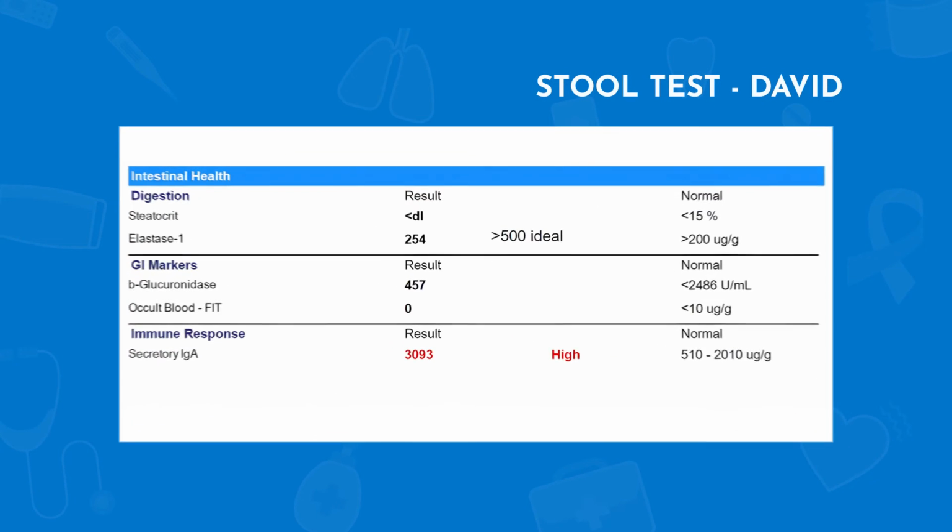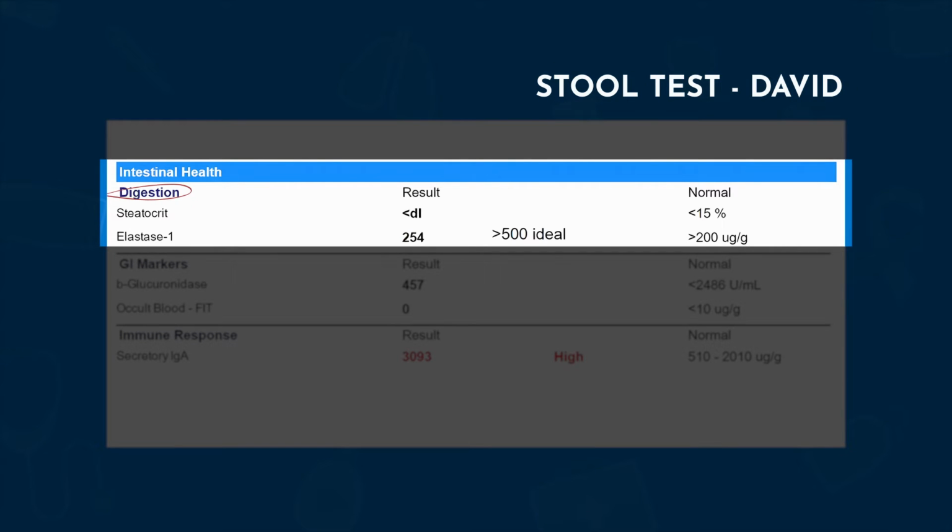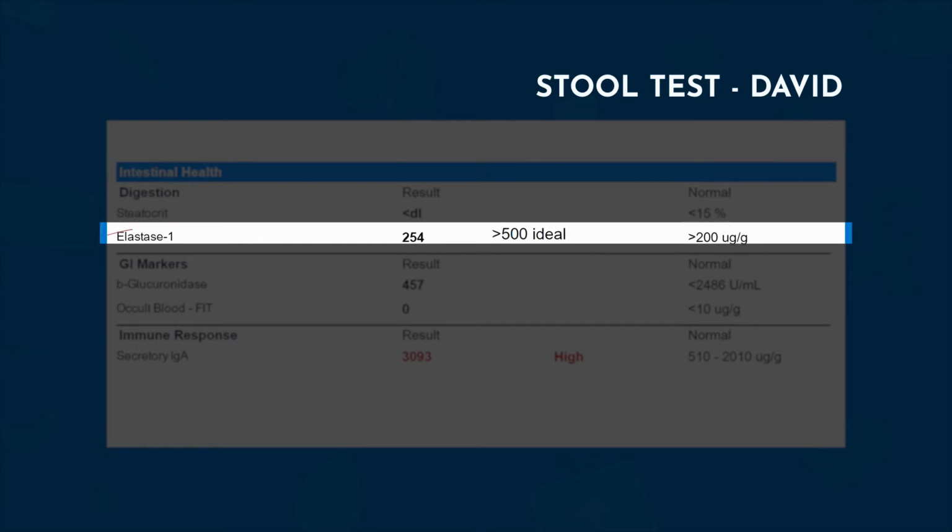And then we look at his digestion. If you remember, we talked a lot about H. pylori causing hypochlorhydria, or too low stomach acid, and what we're seeing is an effect of that here. Elastase is the marker of pancreatic enzymes. This is a suboptimal level, the 254. We really want to see at least 500 for elastase so that we know there's sufficient enzymes to properly digest food. And when there's hypochlorhydria and not enough stomach acid, we can get deficient pancreatic enzymes.